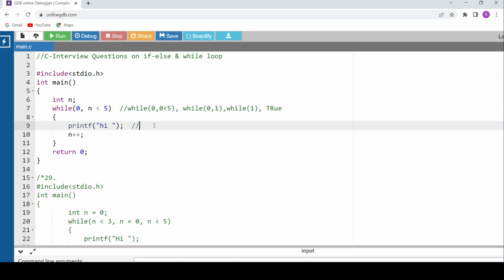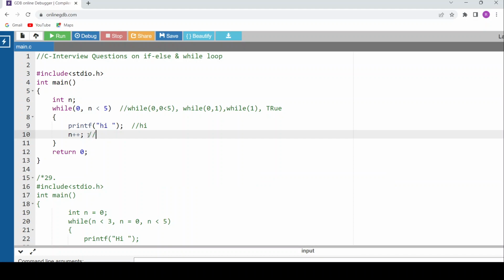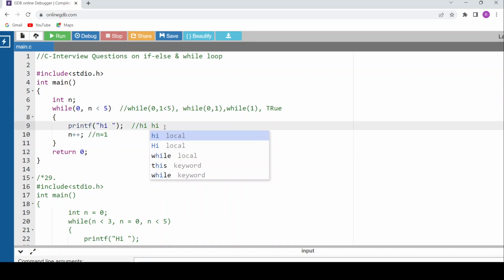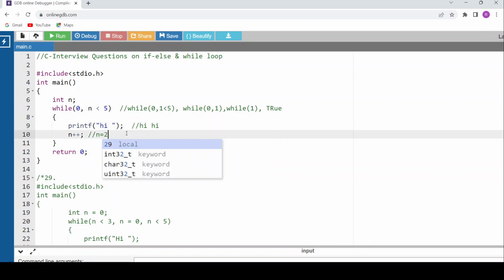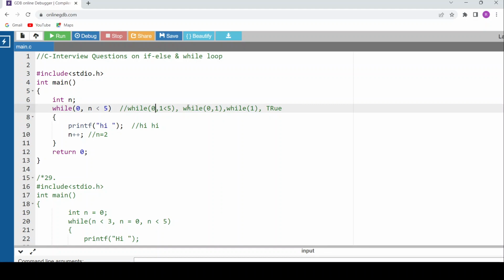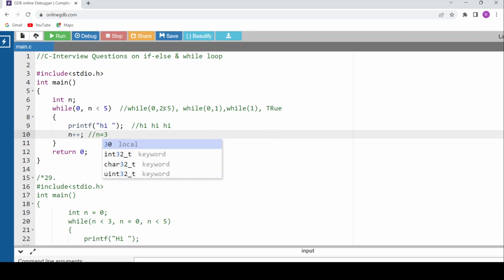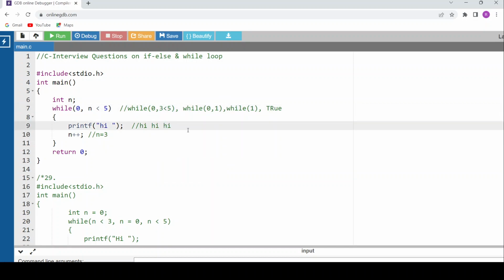It enters. High will be printed once, then again n value is incremented by plus 1, so it is 1, it goes here, 0 again, first one is 0, second one 1 less than 5, true, so it comes here, high is printed again, then n value is changed to 2, it goes back to loop here, again 0, what is n value now? 2, is 2 less than 5, true, same condition, it comes here, prints high again, what is n value? 3, so it goes back, now n value is 3, 3 less than 5, it is true, so again it comes here, inside loop, high is printed, now n value is equal to 4, again it goes back, now n value is changed to 4, 4 is less than 5, true, so it comes here, it prints high